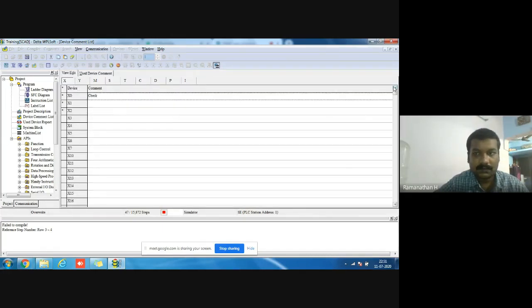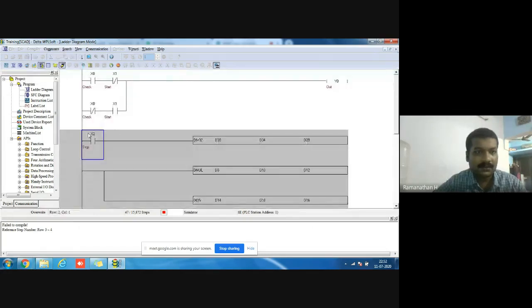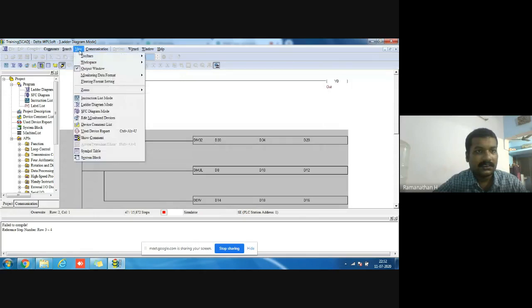What are the inputs you are using? You will command here also. For example, here itself you give a start. Here itself you give a stop. Once you command it and go here, this command will be applied here. So these are the input commands.